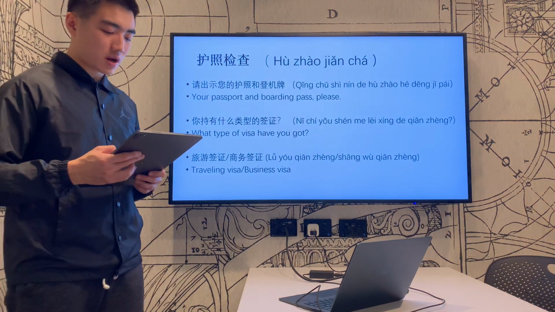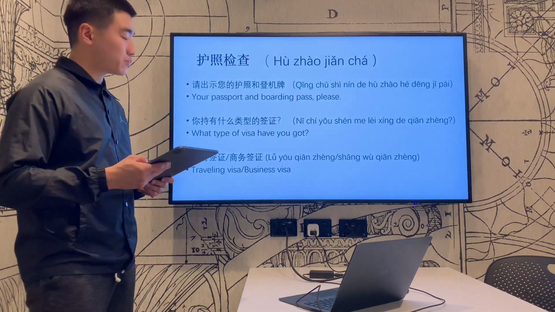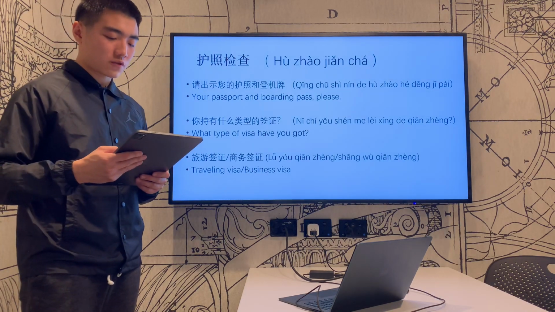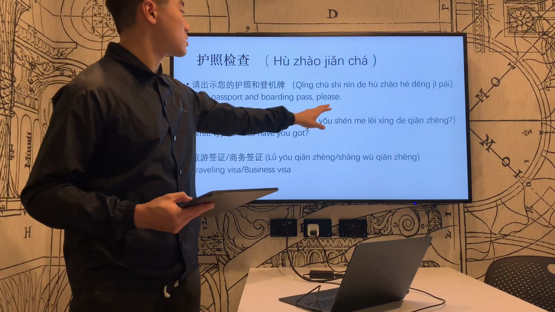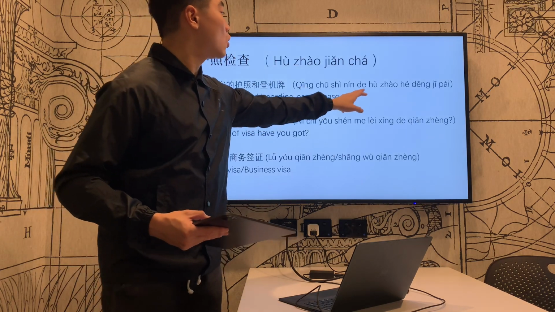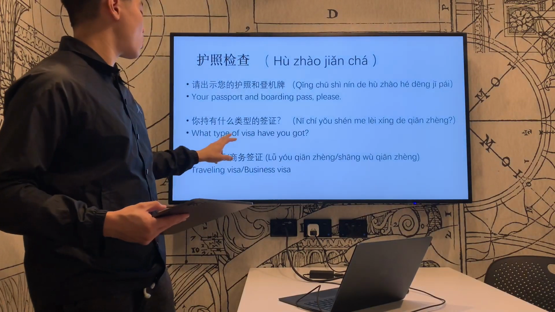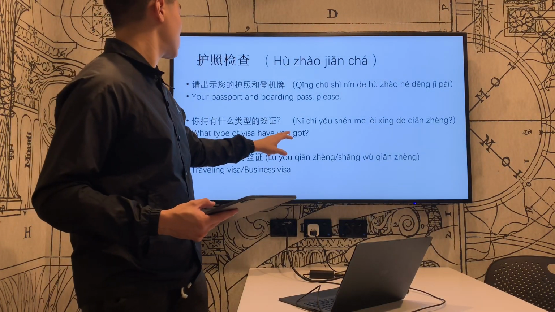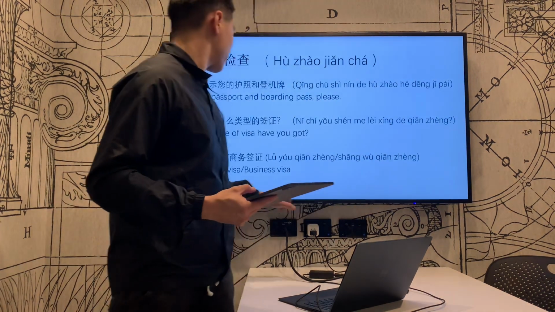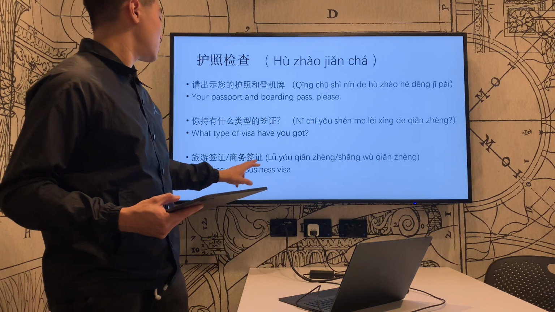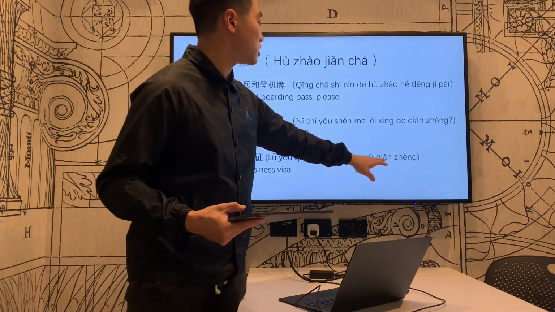After successfully passing the security check, it's time for passport control. In this step, we may need to talk to the staff about the following issues. So, your passport and boarding pass, please. 请出示您的护照和登机牌。 What types of visa have you got? 你持有什么类型的签证？ Traveling visa, 旅游签证、 business visa, 商务签证。